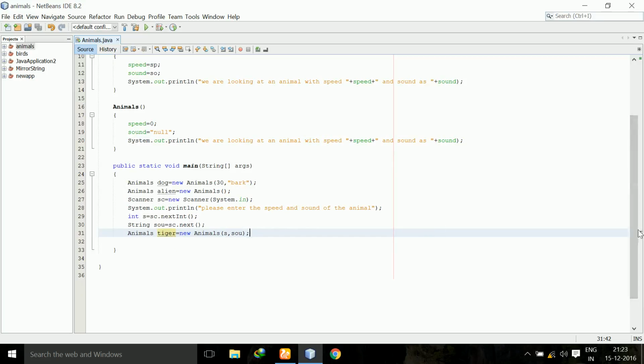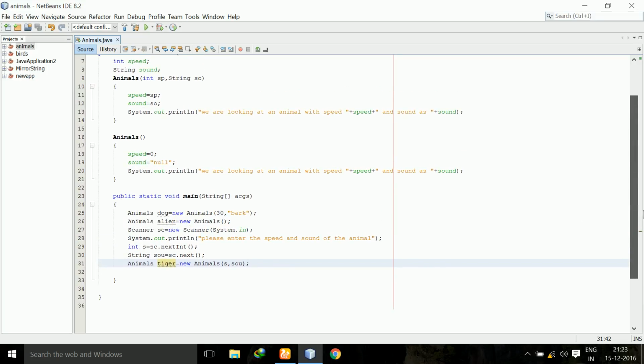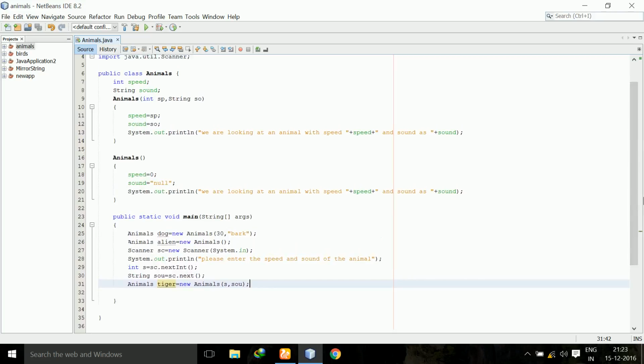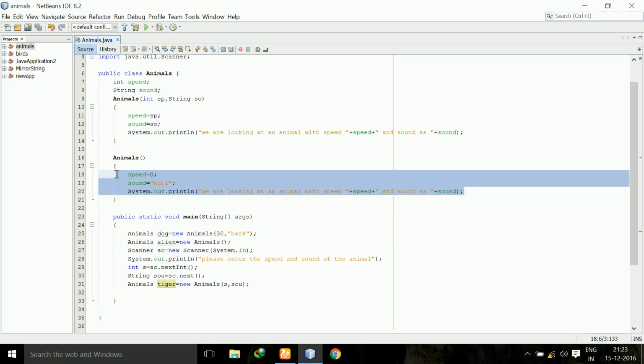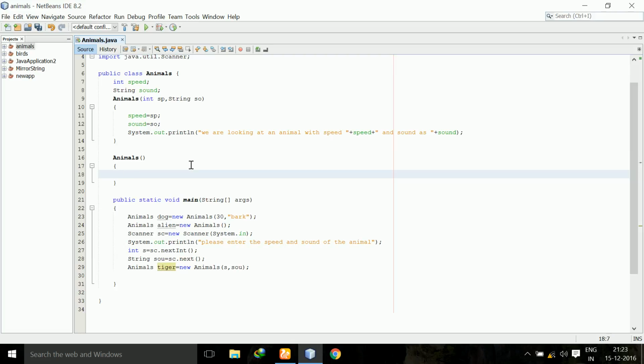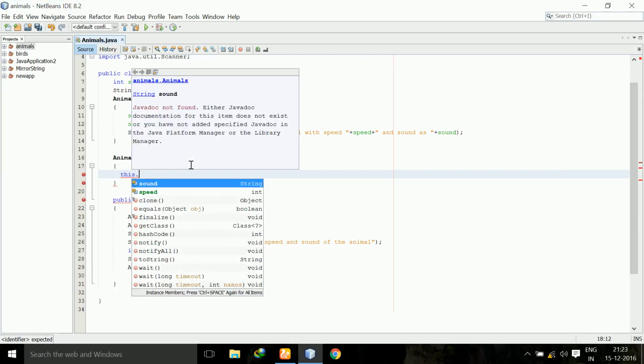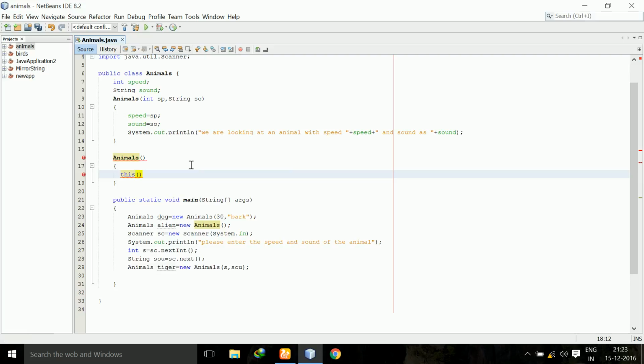One more thing in this constructor is this keyword. So what is the use of this keyword? This keyword is used to refer to the current object, right? Like in the case of this no argument constructor, if I write something like this of 0 comma null,